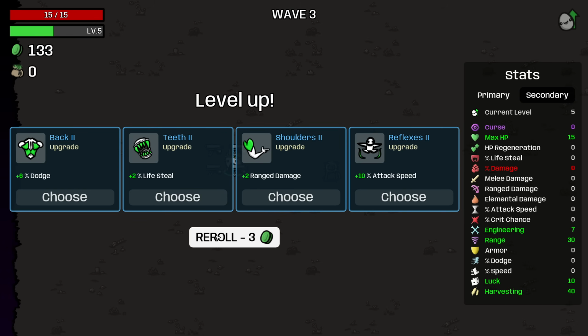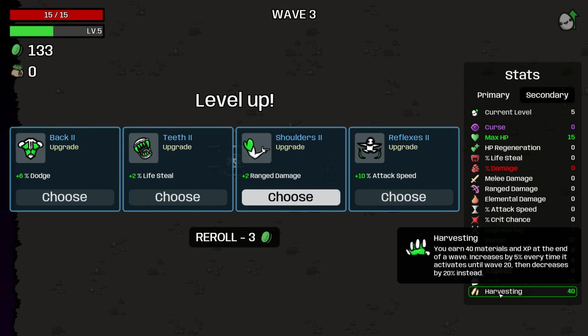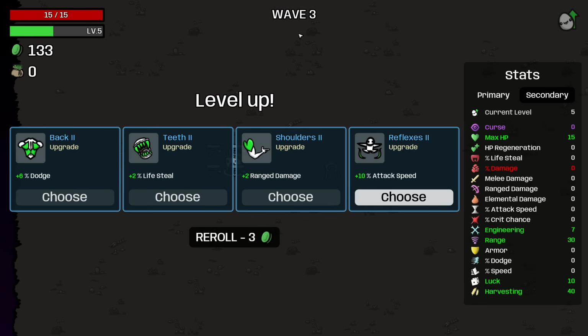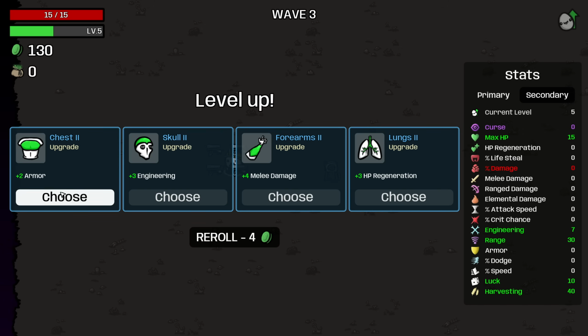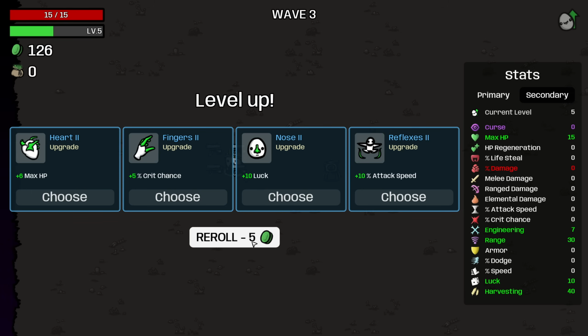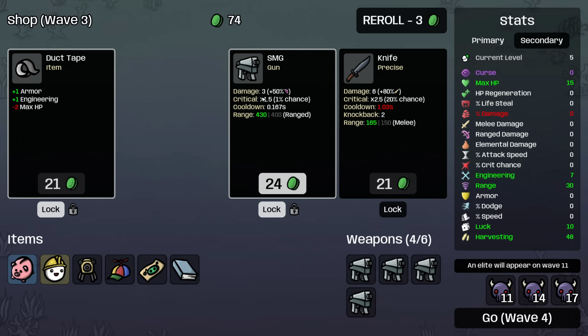We're going to roll here, or I could just take 2 lifesteal. We will need healing eventually. So I could roll for harvesting, because 8 harvesting would be a really big deal, and again, would help with the piggy bank. Or I could just take 2 lifesteal. I think rolling for harvesting is just going to be too good. I could take armor or engineering as well, but if we find that harvesting, it's just so powerful. So yeah, we'll take 8 more harvesting here, then I'm going to buy the piggy bank,